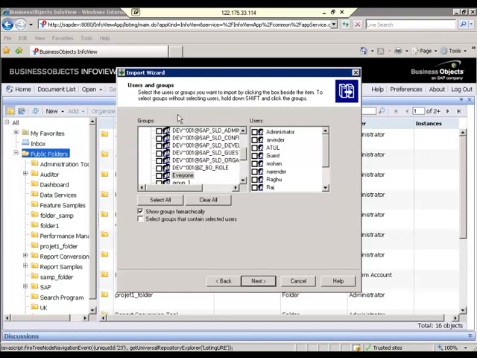If you want to migrate only this particular group of users, or if you want to select the desired users, see everyone. If you want to select the everyone group, then everyone is selected. If you want to migrate all groups and all users, then select all. If you want to migrate only one group and a desired set of users, when you see here, I selected everyone. Let me select everyone.